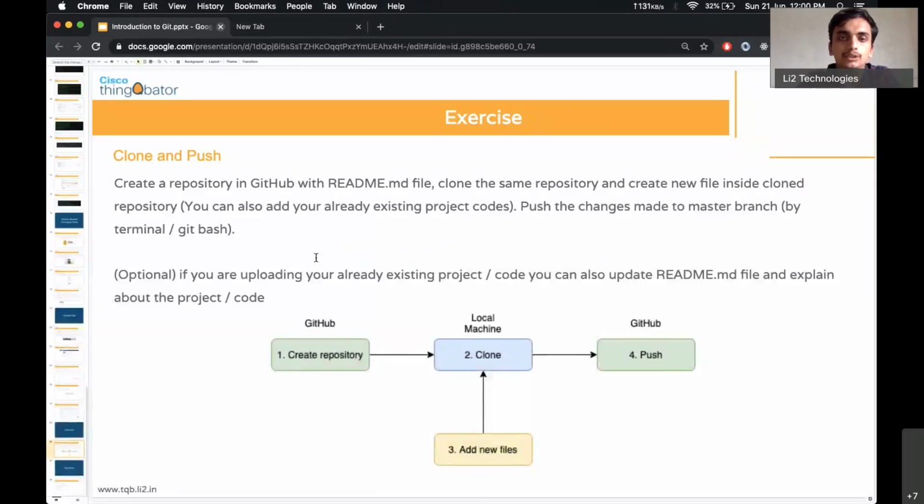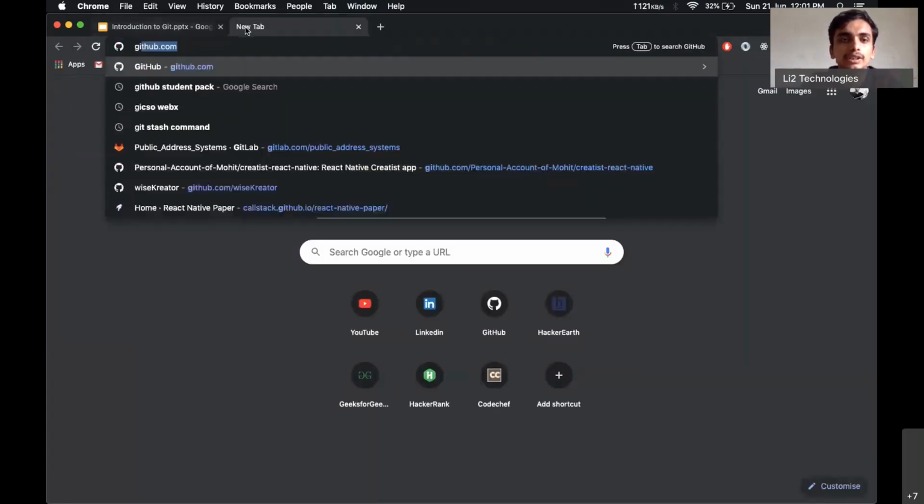So again, to brief about the problem statement, it's about creating a repository online and then cloning the same, and then adding more files, and then pushing the changes again. So let's go ahead and do it. I will go to github.com